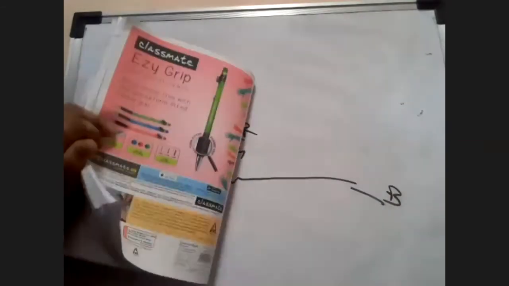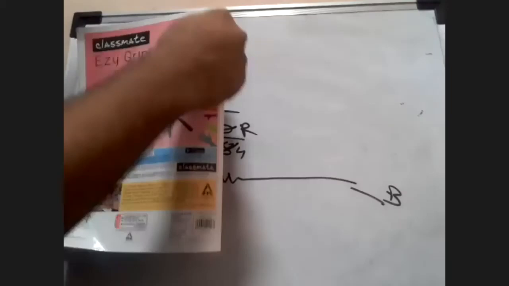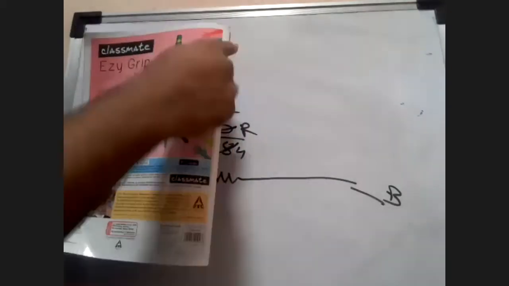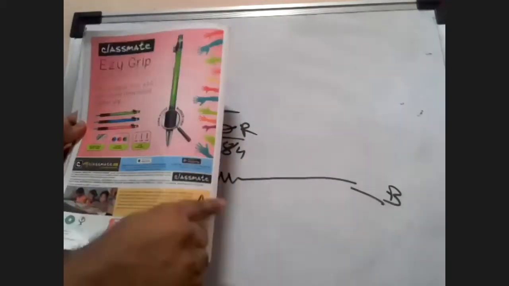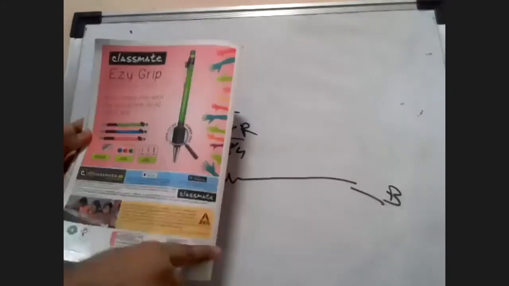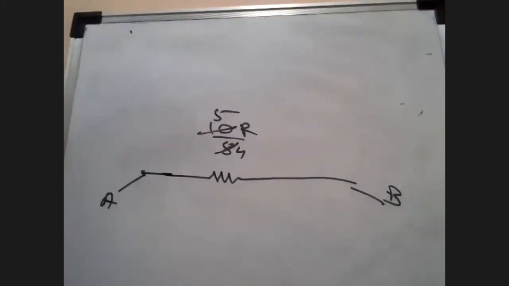When you see a symmetrical circuit, just close that circuit, just fold it. And the point at which the entire circuit is folding, you can assume the current through that to be 0. Is that understood? So in that case, it becomes easier for us to solve the sum. Is that clear? Everyone clear?